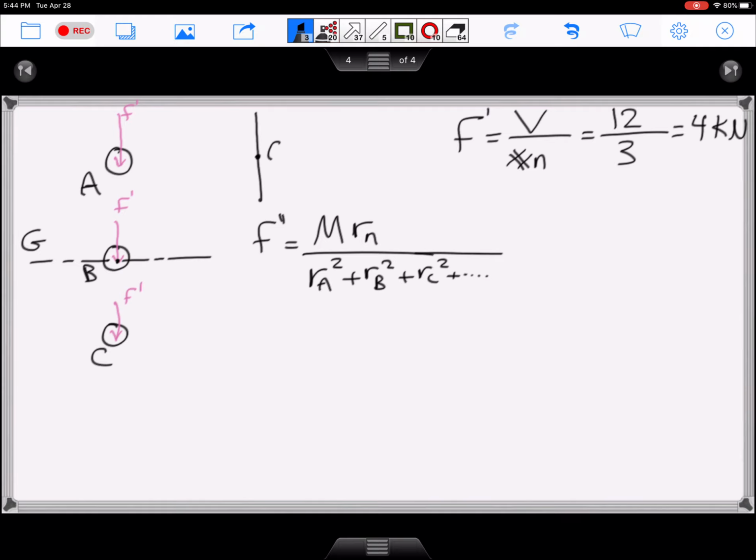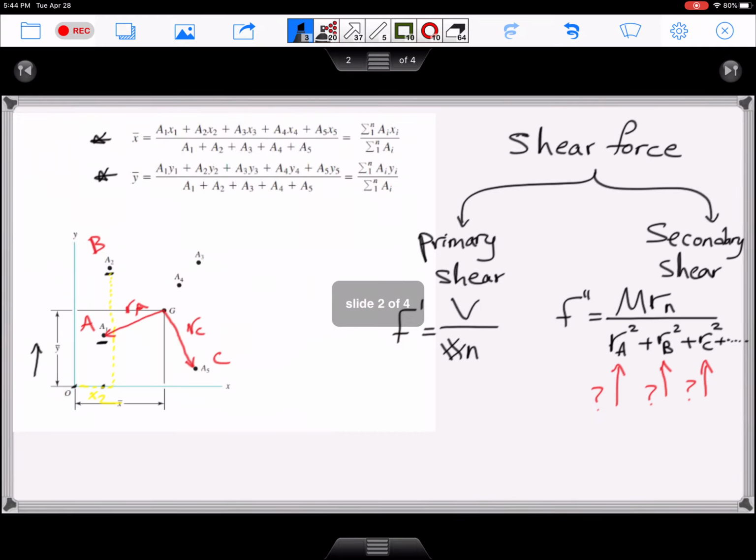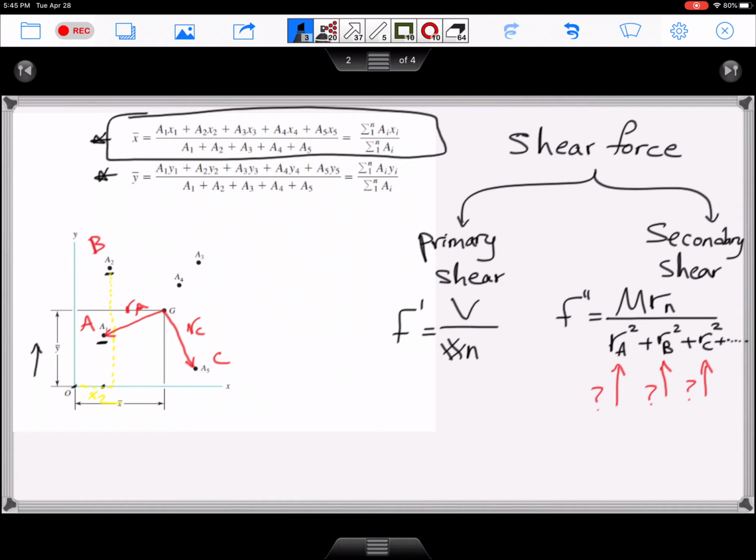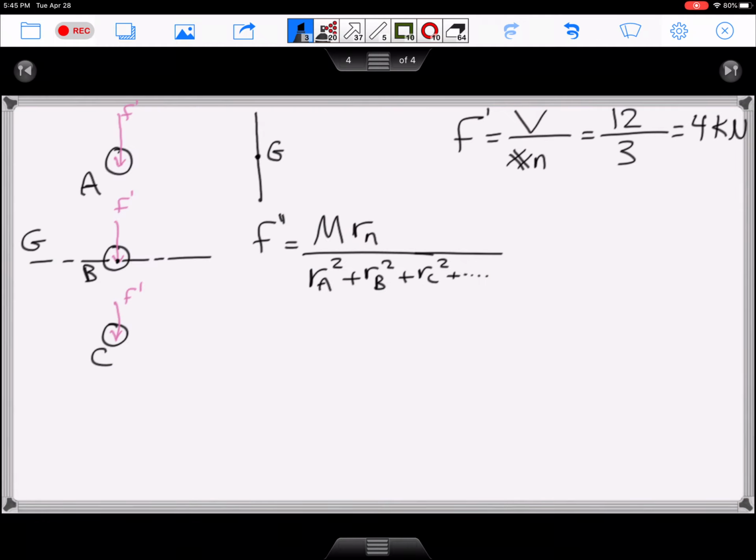So here's your centroid. We don't have to use this long one. You could use this one, or you could use these two, and you'll end up with the same thing for the location of the centroid. So these two apply. Now for this problem, it's kind of simple, and the centroid is on bolt B. So let's find the secondary shear for bolt A,